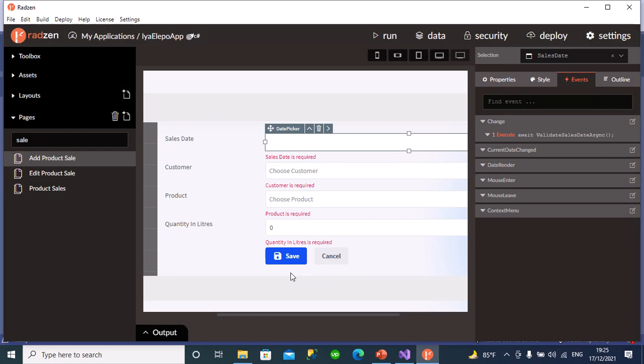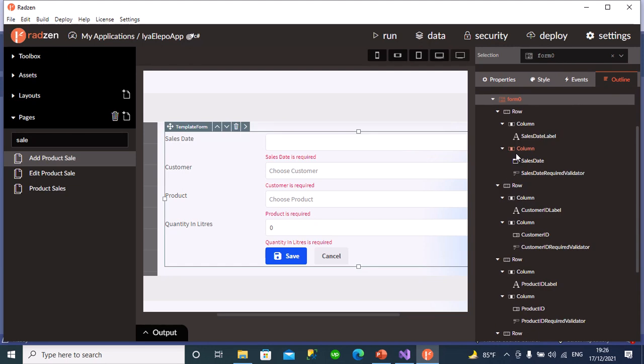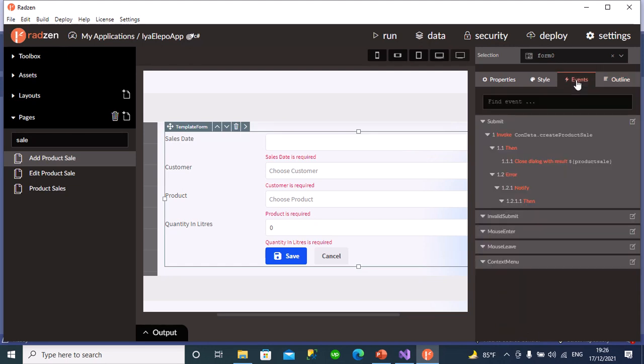Are you following? Okay. Now this form, you know we have a template form. Can you see it? Yes, sir. Now if you go to outline and you select the template form from 0 and you go to events, it has a submit event. Now we want to ensure that if the date is not valid, the data is not submitted to the database. Now how do we do that? Well,